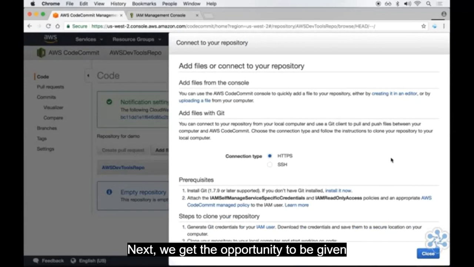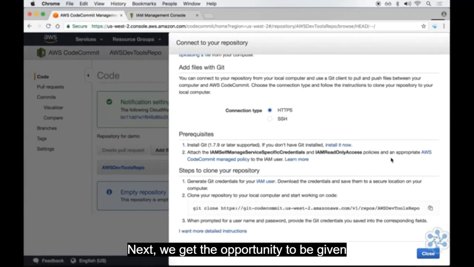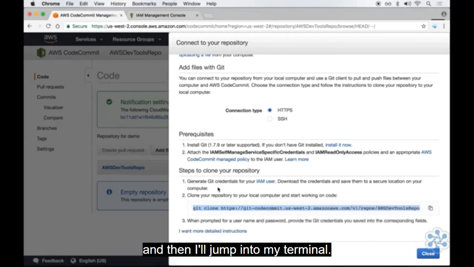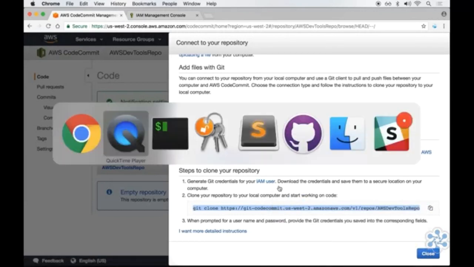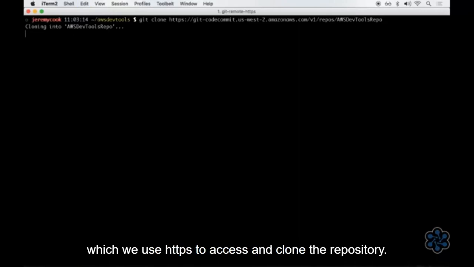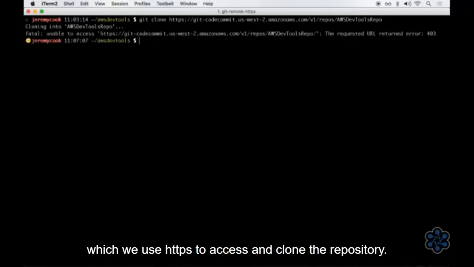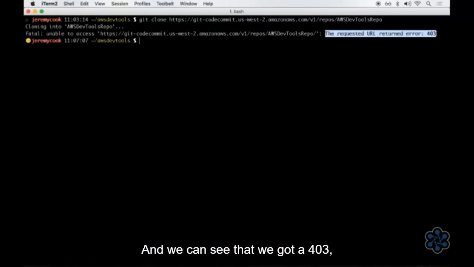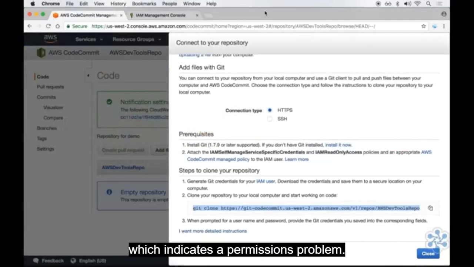Next, we get the opportunity to be given some instructions as to how we clone our repository. What I'll do here is I'll copy the git clone command, and then I'll jump into my terminal. In my terminal, I paste the git clone URL, which will use HTTPS to access and clone the repository. Now, as expected, this doesn't work straight away, and we can see that we've got a 403, which indicates a